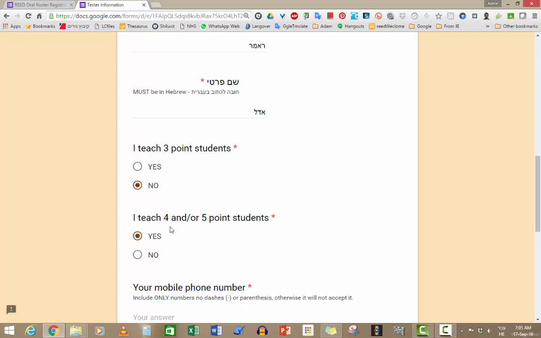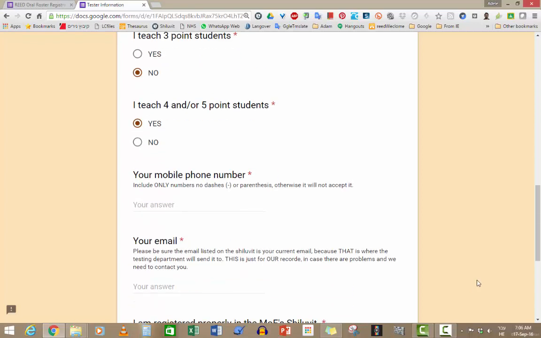All of those teachers who teach 4 and or 5 point students will be getting 2 kitvei minui, 1 for testing 4 and 1 for testing 5, so that when you're sent out to test, you will be able to test either 4 points or 5 points or both, depending on what the school you're going to needs. Fill in your phone number without any dashes or parentheses, your email, be sure it's a proper email,